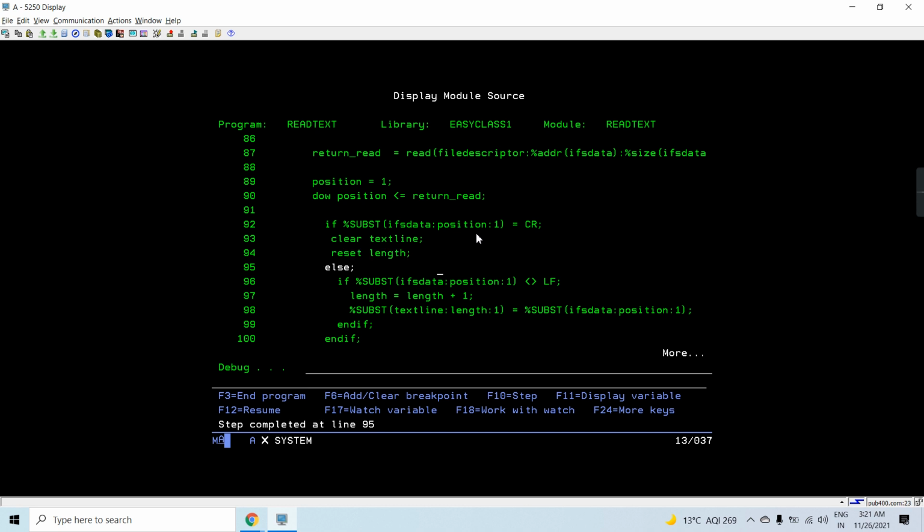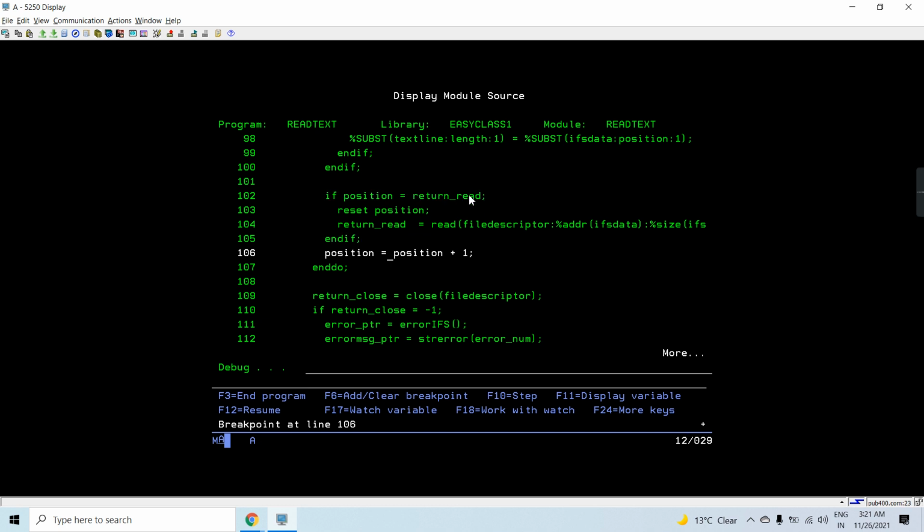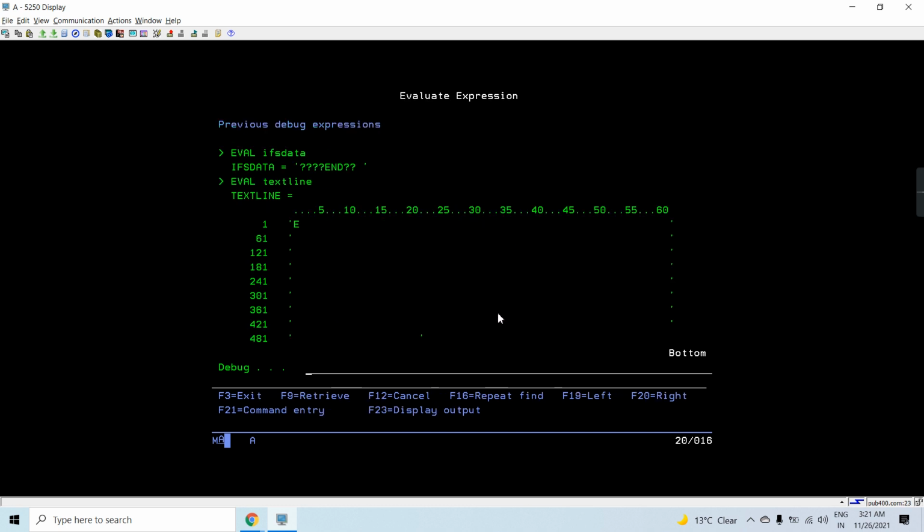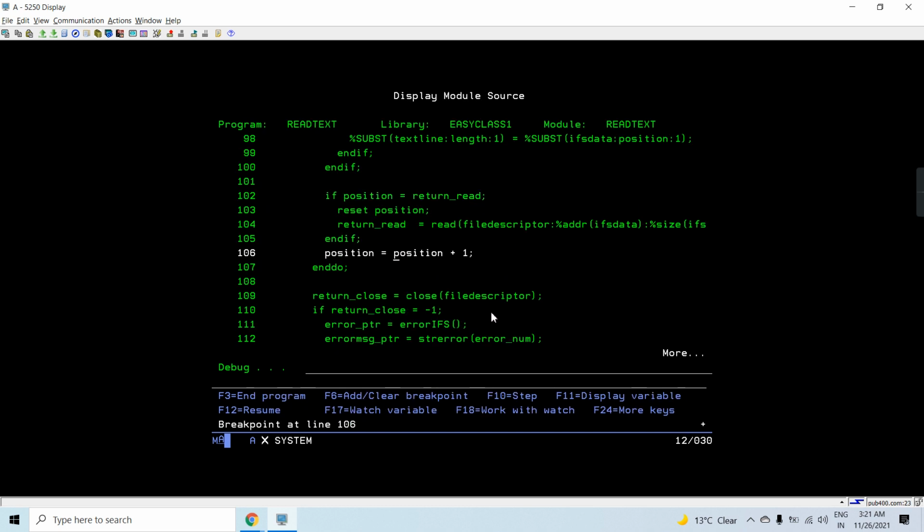On the 3rd position we get CR, and then on the 4th position we'll be receiving LF. So we're not going to write that, you can see. Now on the 5th position we have end, so we will be getting that as a new line,